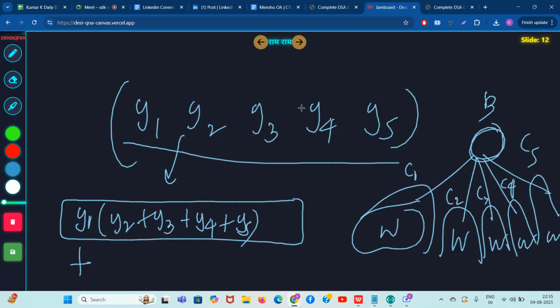This you can do easily. Like this you can do in O of n time, if n is the size of this array. So once you have calculated this y1, y2, y3, y4, y5, the answer is y1 into this plus